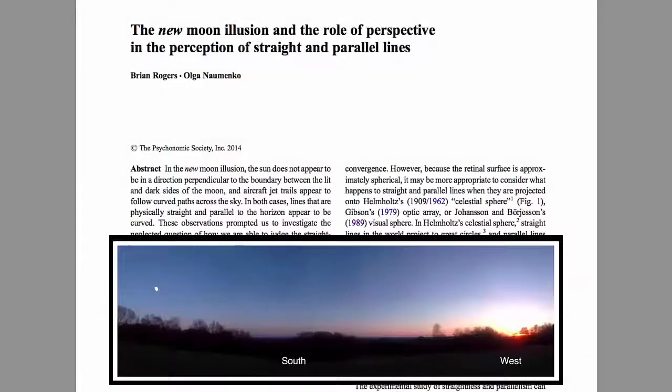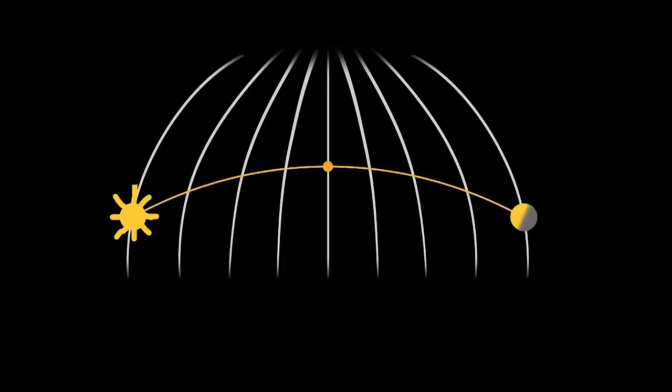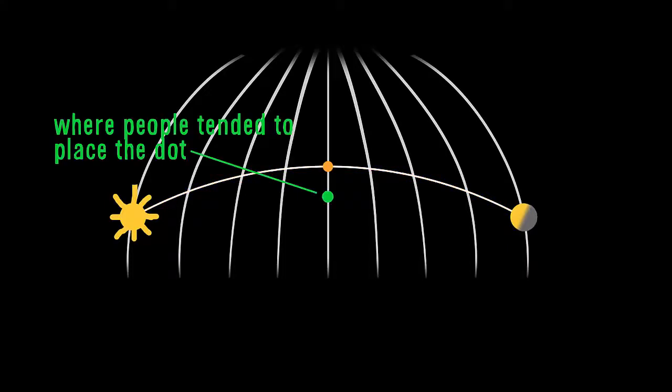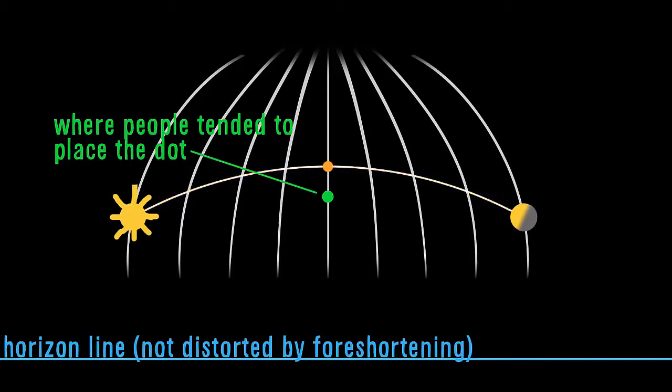Brian Rogers and Olga Naumenko demonstrated that these things result in the Terminator illusion by using a planetarium. They projected 2 dots onto its dome, mimicking our perception of the sun and the moon. They then asked participants to place a 3rd dot on the straight line connecting them. But just as in the Moon Terminator illusion, people incorrectly placed the 3rd dot. They were influenced by a desire to stay parallel to the horizon, as if it was subject to the same